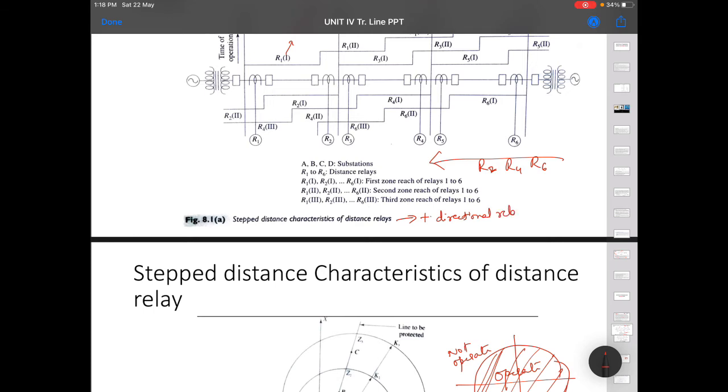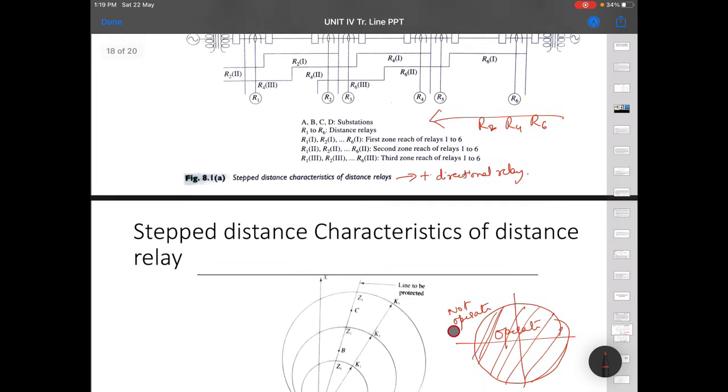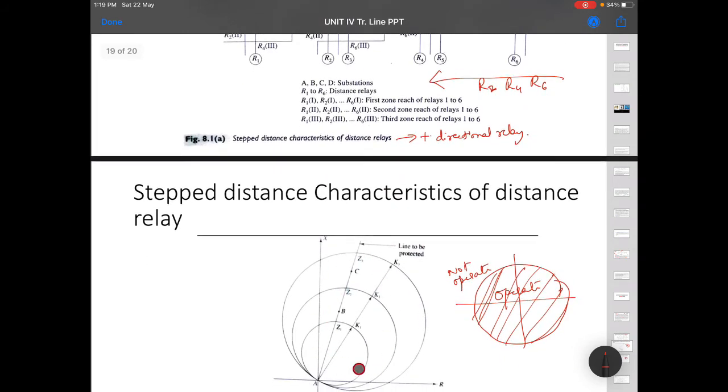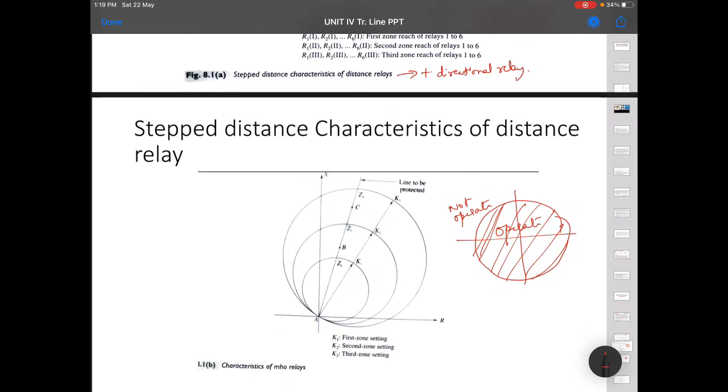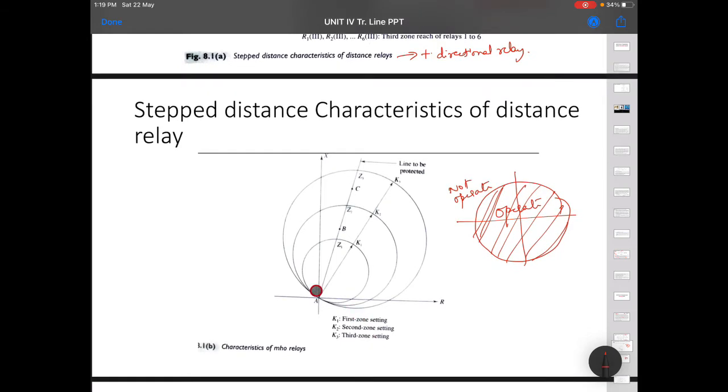That is why for this direction you have used one more relay. But the mho relay is itself directional; it is set for a particular direction. Hence when you use the mho characteristic, you don't need a directional relay. Is that clear?